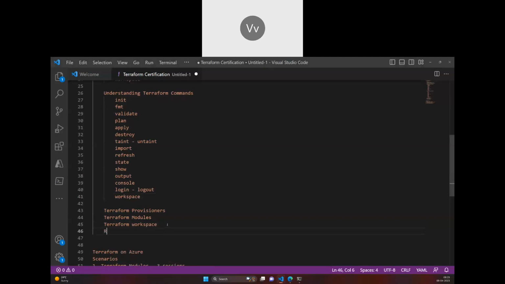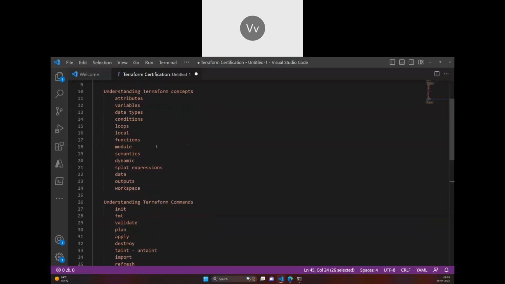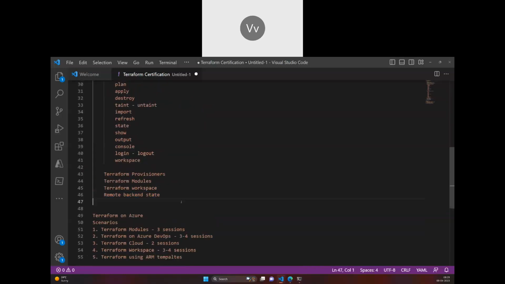The next one is understanding the remote backend state. These are the main primary concepts when you want to do any Terraform certification. And then, if your organization is already using Terraform Enterprise, you need to understand how cloud works and all that. So what is Terraform Enterprise? Just like Azure DevOps and all that, you deploy it when you have a lot of Terraform engineers. Usually you see developers who write .NET code, some 50 programmers and all that.